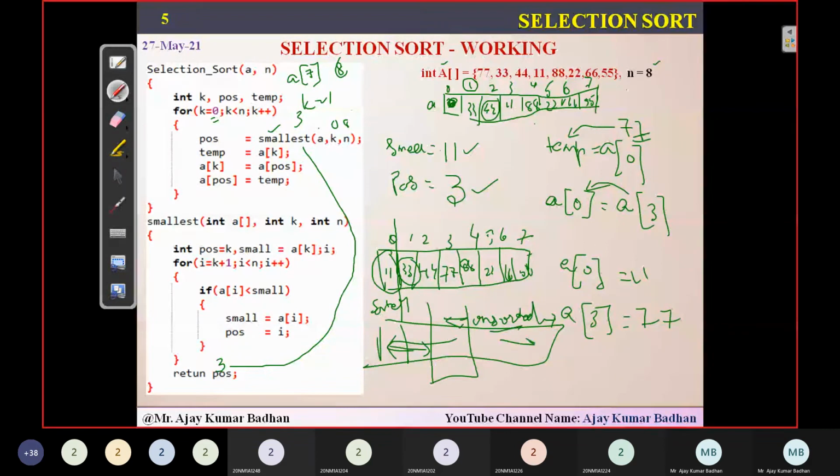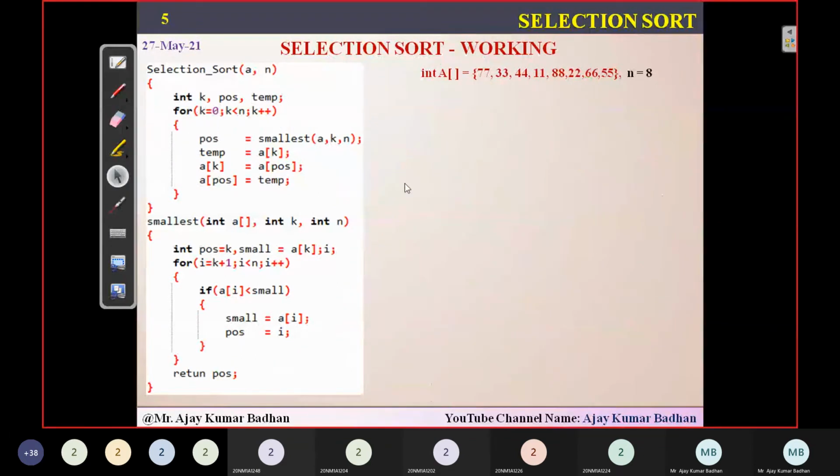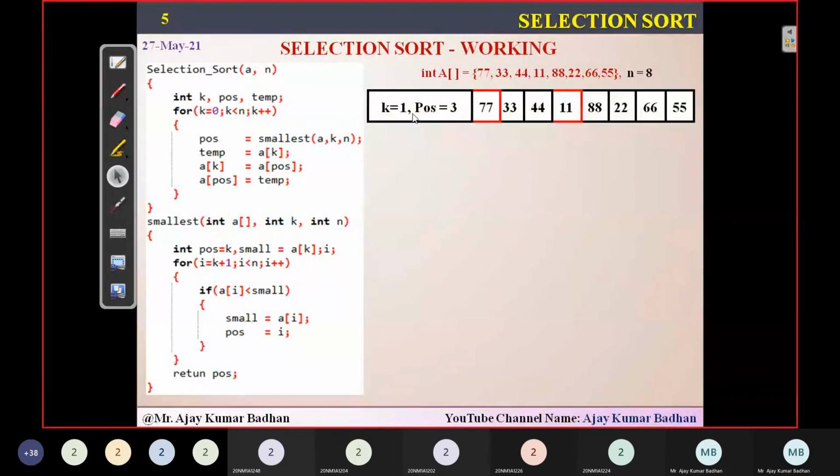Now let me show you graphically so that you people get a clear picture of this. See here. In the first pass, k equal to 1, whatever I've explained here, I'm representing. This is the first position I've selected. This is something like 0, 1, 2, 3, 4, 5, 6, 7. You can see here, the first position I have selected is 0, and then I have compared this with everything. And finally, what is the position I got here? The third position consists of the lowest element when compared to all the elements present in the array.